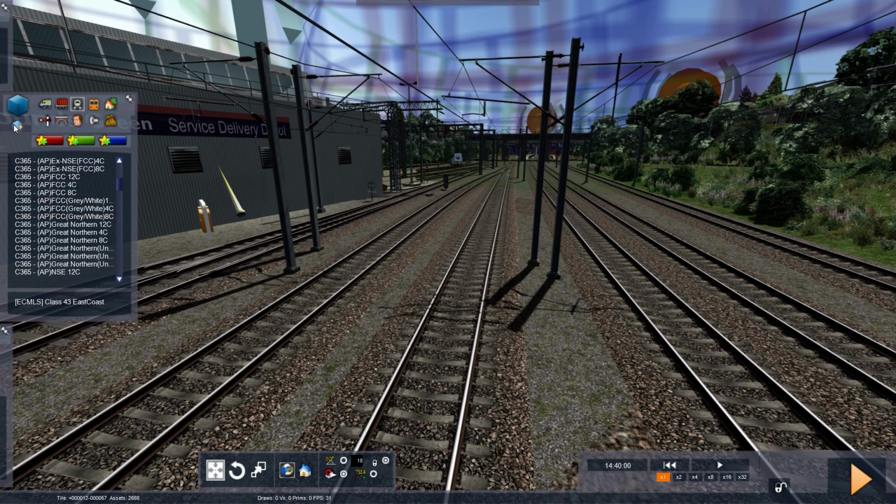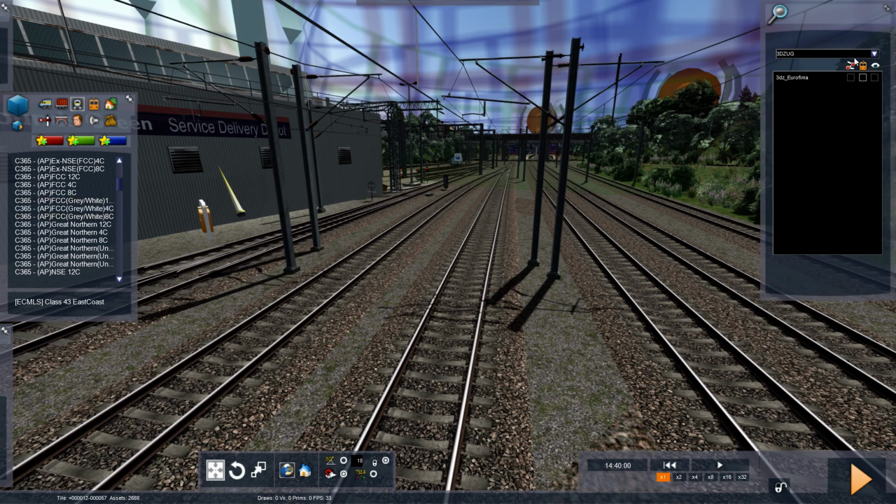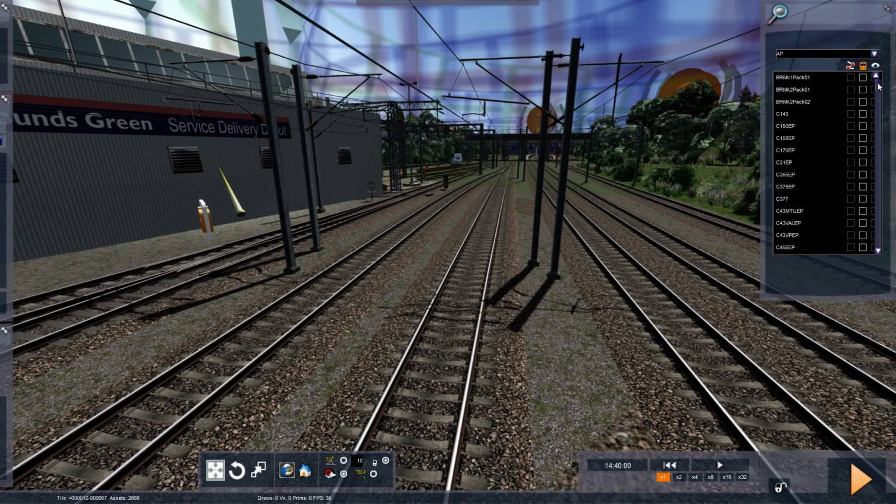Cool. So what we want to do is you want to press this button here, which is the object set filter, and you're going to go in and you're going to select the vehicles we're going to want to use. So we're doing Bounds Green down at King's Cross. So I'm going to want the 365 enhancement pack, Class 43 MTU enhancement pack, Class 91 enhancement pack,